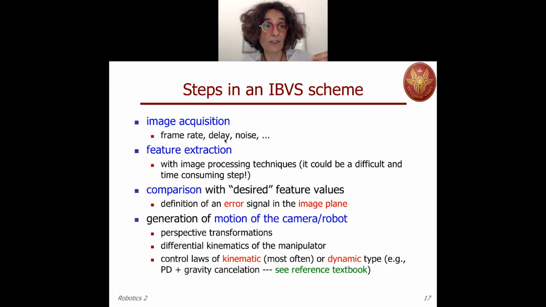When I say the higher the rate, it is always compared to the control frequency, of course. So with respect to the control frequency, the higher the rate of sensor information acquisition, the faster we are in reacting. This is often a challenge in vision systems, because for cheap sensors we cannot achieve very high acquisition